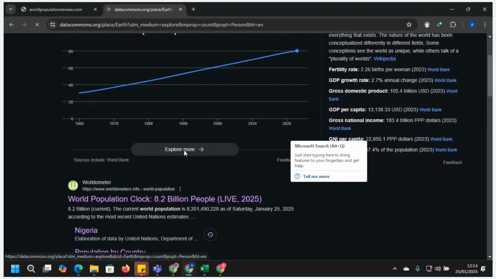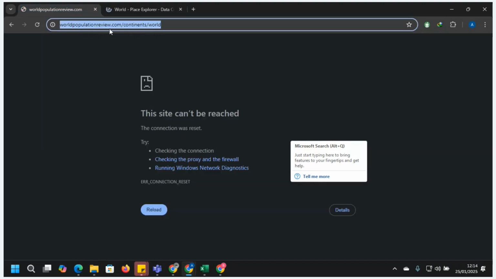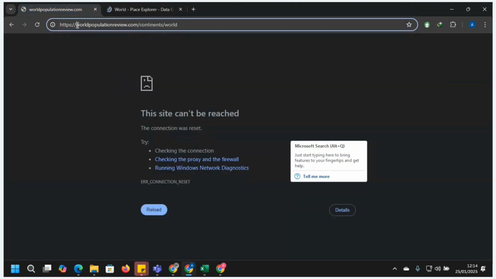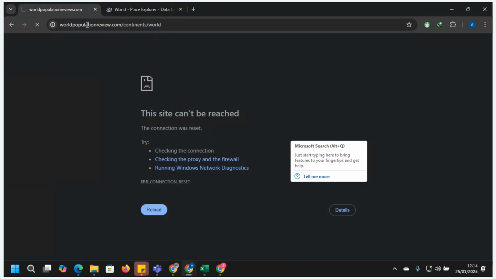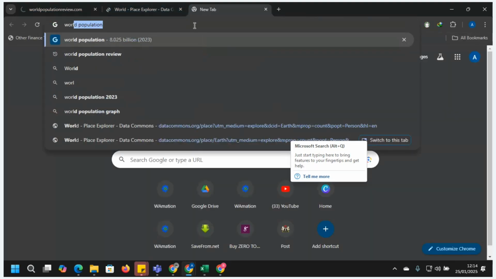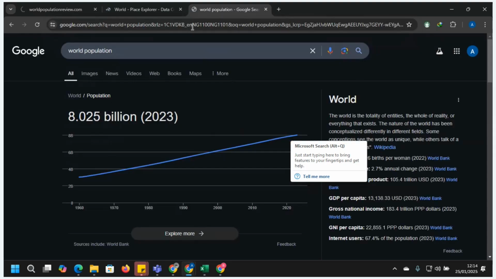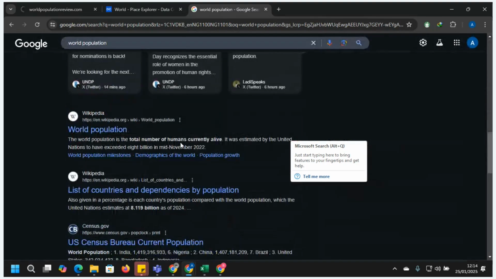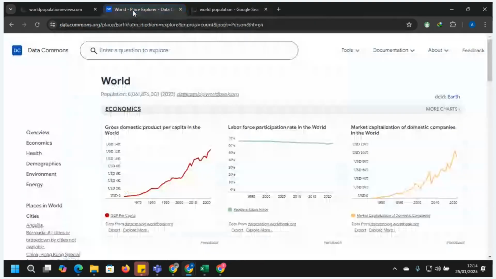Okay, explore more. Let's see which one is coming first, and let's add Worldometer to it. See which one is loading first. Worldometer should be fine. Loading of Wikipedia. One loaded faster. Okay.